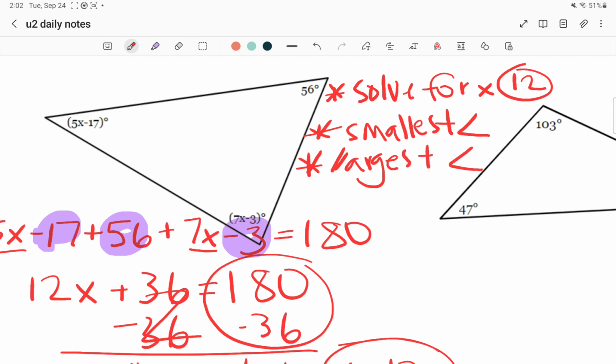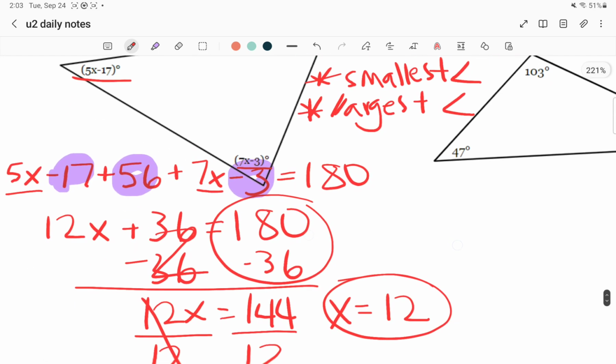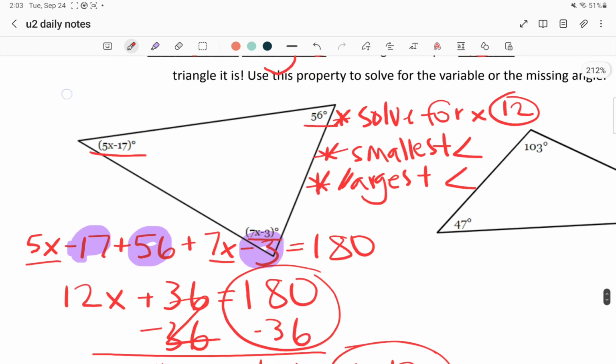Okay. Now, I've got 5x minus 17 and 7x minus 3 as my angles. I can't tell with x's in there which one's biggest, which one's smallest. I could probably take a good guess, but more than that, I don't know what the angle measure actually is. So I need to take that 12 that I found, and plug it back in to where x is. When the numbers are directly next to each other like this, that's multiplying. So that's 5 times 12 minus 17, which equals 43. And that is 7 times 12 minus 3,